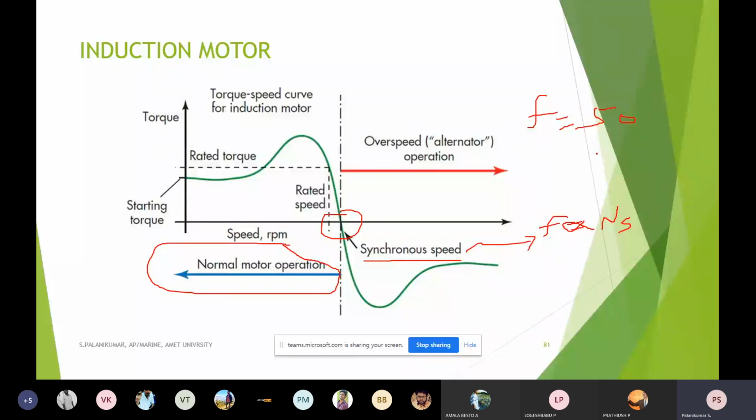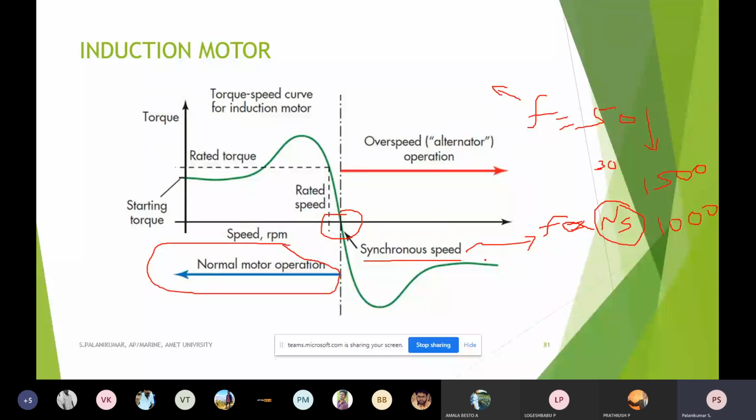If it is connected to the acceleration pedal, when I release it, the frequency will drastically come down. For the sake of understanding the concept, say it comes to 30 hertz. Automatically the synchronous speed will come down. Earlier it was 1500, now, assuming I am not exactly calculating, the synchronous speed of the machine comes to 1000 rpm. Assume like that. So what will happen?